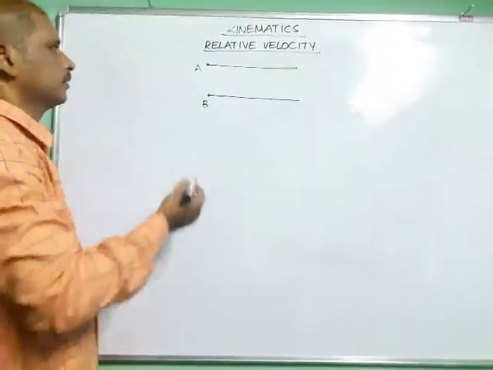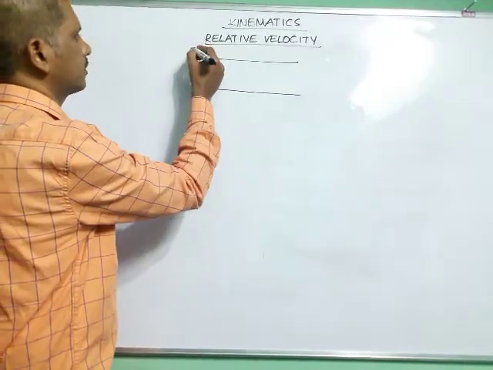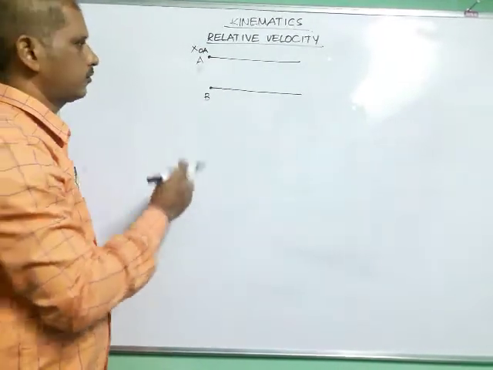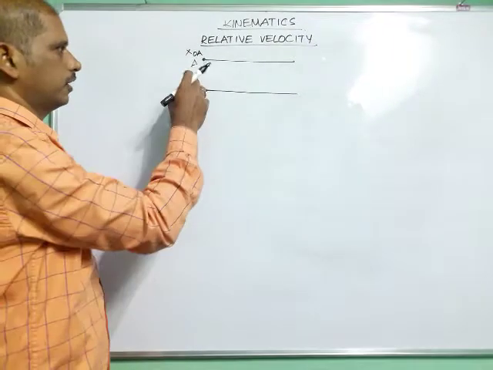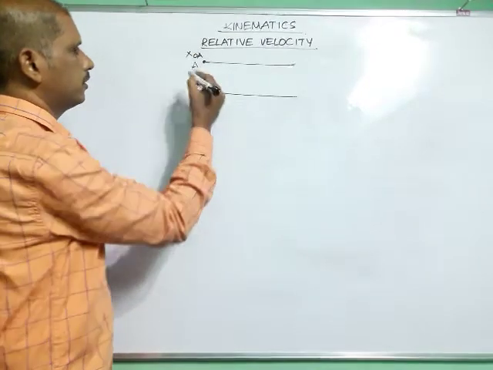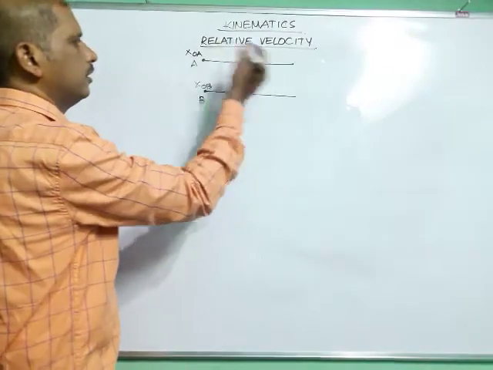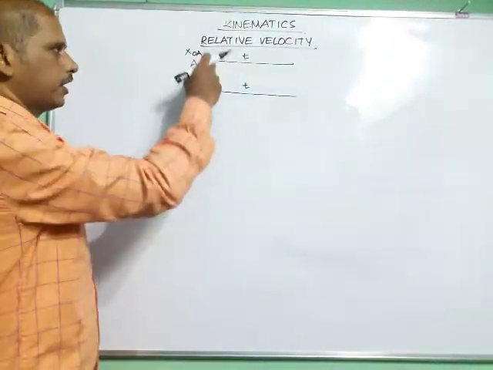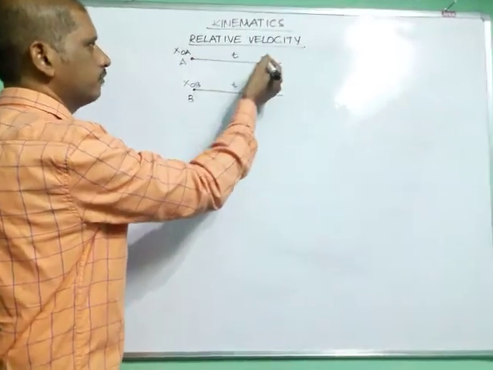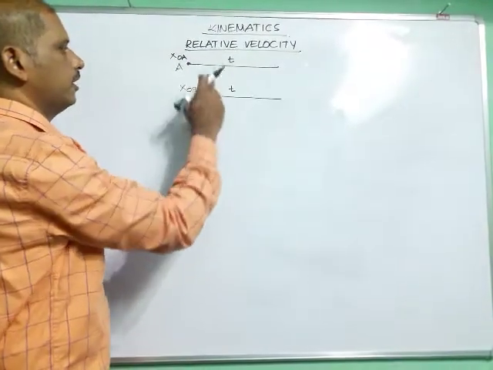Initially the body is at rest, then this is considered as XOA. The position is XOA, O meaning the object is at rest, at origin. Here this position is XOB. These are the initial positions. After some time, after traveling, both are acquiring some velocity and moving with it. So they covered a distance. If you multiply the velocity with the time, you can find the distance traveled by A and B.